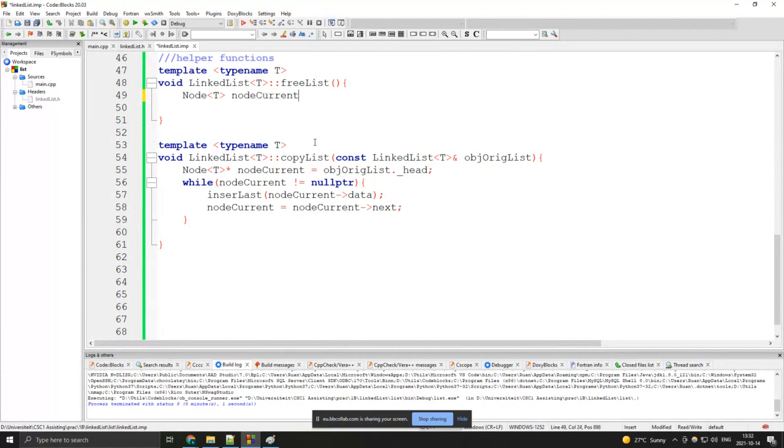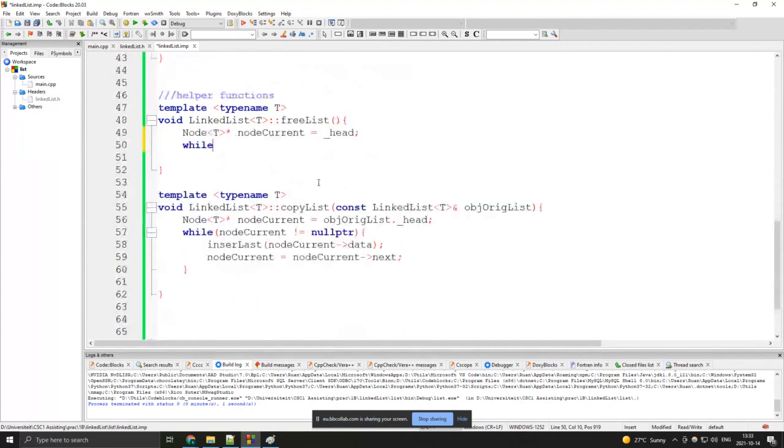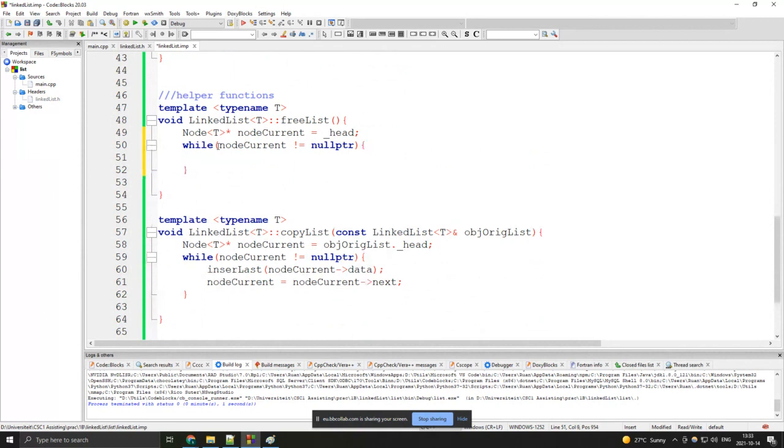We want to first just say the current node is equal to the head, and this should also be a pointer. Essentially, while the current node is not equal to a null pointer, the same as when we loop through it to copy it, so while node current is not equal to null pointer, then what we want to do is